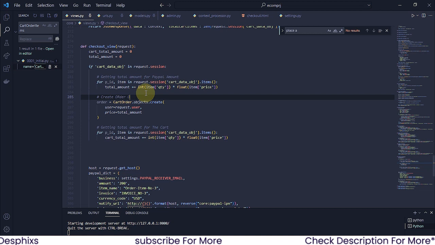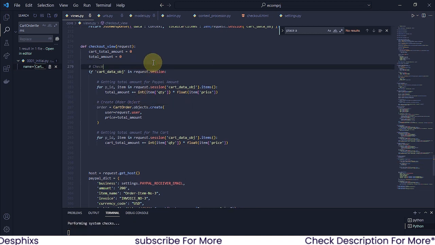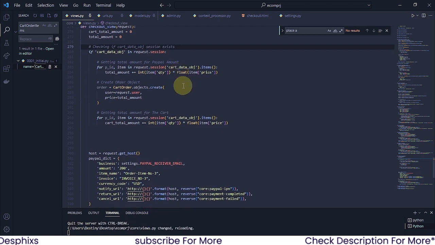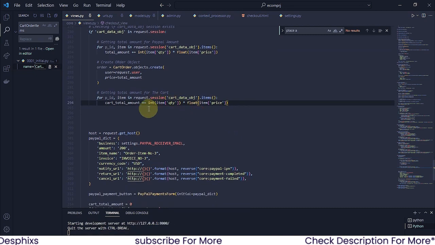creating order objects. Okay, then this one is simply checking if the cart_data_obj session still exists. Yeah, that's it. So hopefully you guys understand everything that's going on. Now after we've done this one, now